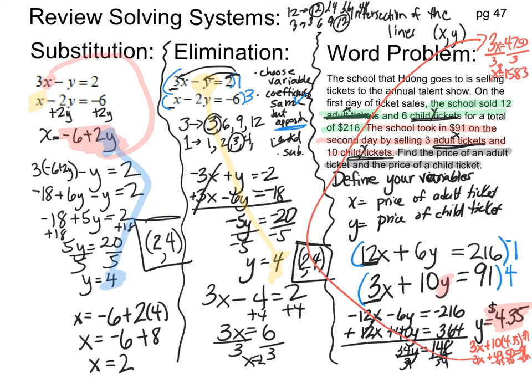Most of the time, your answer is going to come out evenly. I had to round for that, so I must have typed something incorrectly there. Now, I don't want to leave this problem that way. I want to write my answer in sentence form. So up here at the top, I'm going to highlight. In this space, after I stop talking, I'm going to write in the interpretation that you should have of this problem. And our answer tells us that the talent show tickets cost